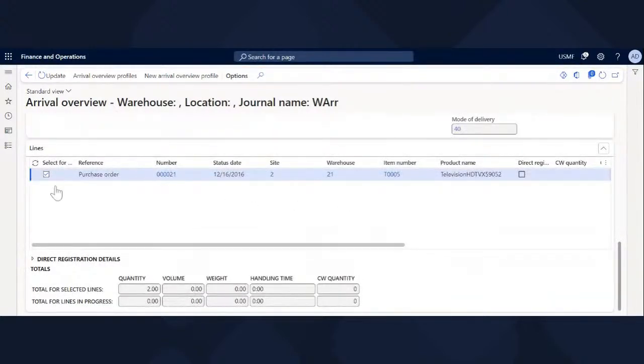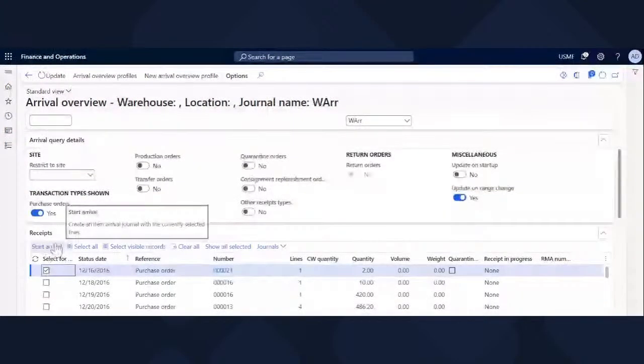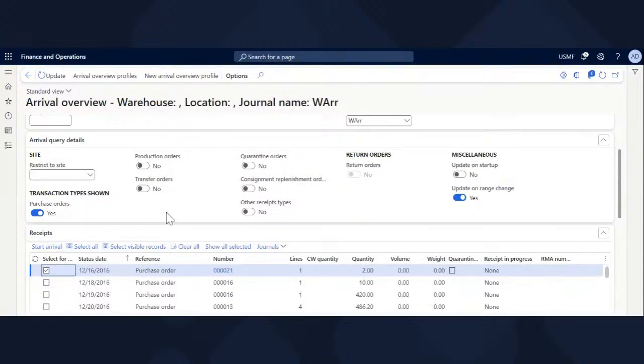So this is just one line, right? So I'll select this. Now, the arrival journal, right, helps us to register the receipt of these items. So when I say start arrival, it creates a journal and it helps us to register the receipt of this